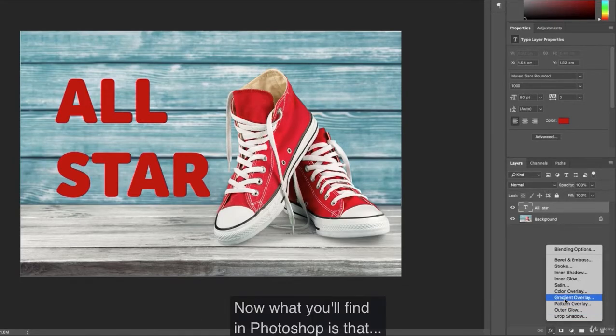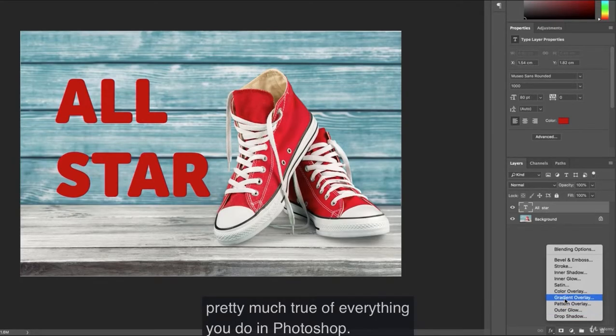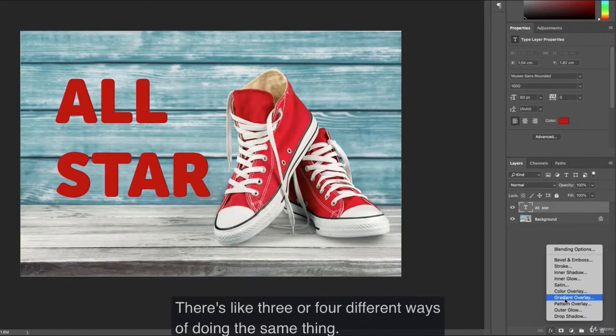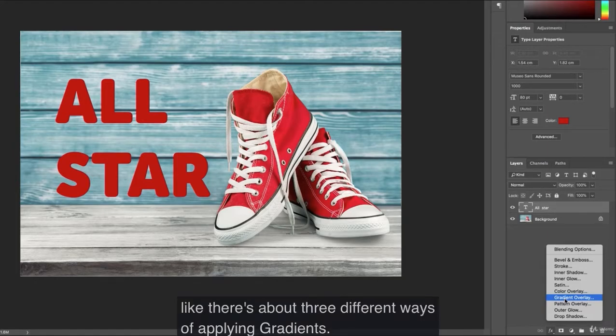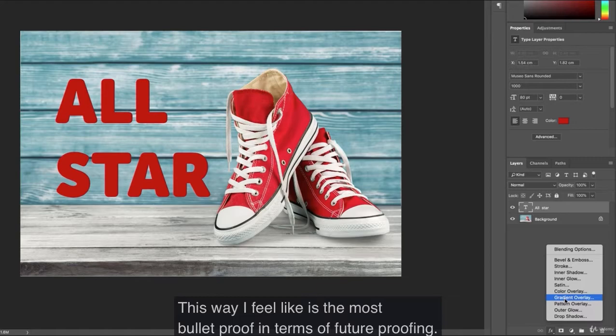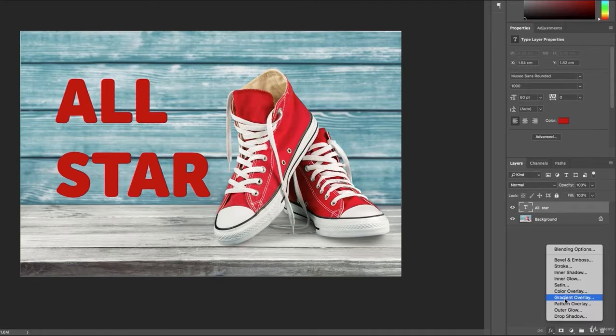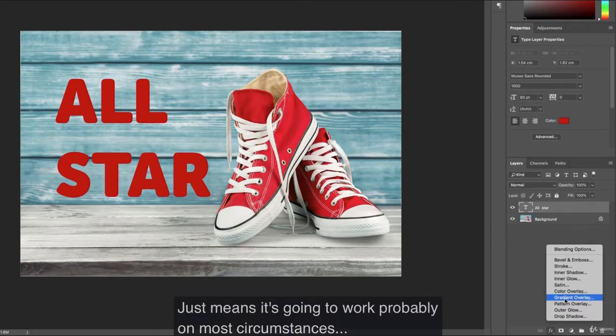Now what you'll find in Photoshop is that pretty much true of everything you do in Photoshop. There's like 3 or 4 different ways of doing the same thing. What I'm trying to do is give you, I guess, about 3 different ways of applying gradients. This way I feel like is the most bulletproof in terms of future-proofing. Just means it's going to work probably in most circumstances, whereas some of the other gradients don't work in all